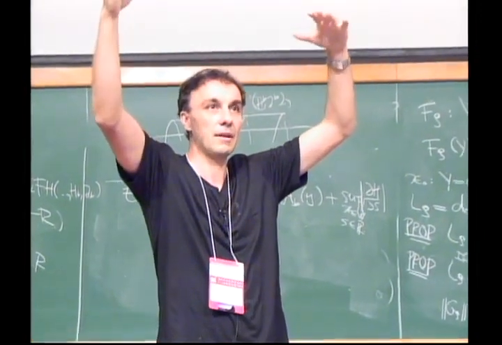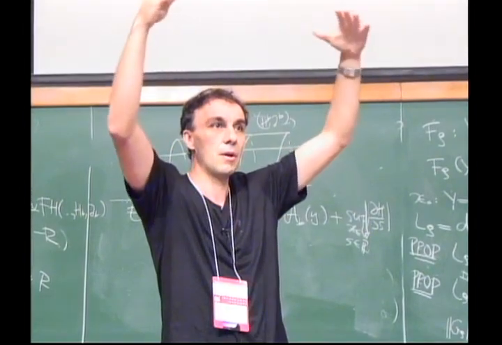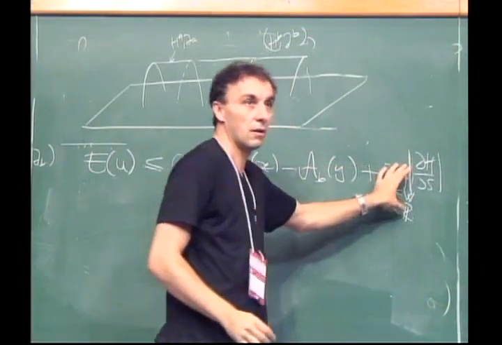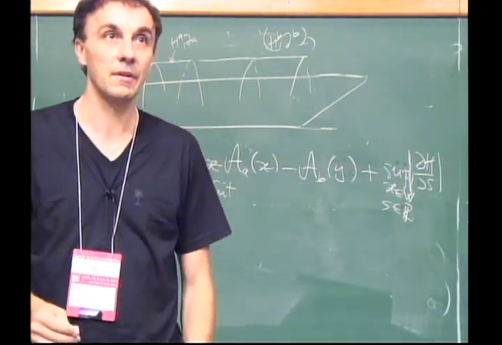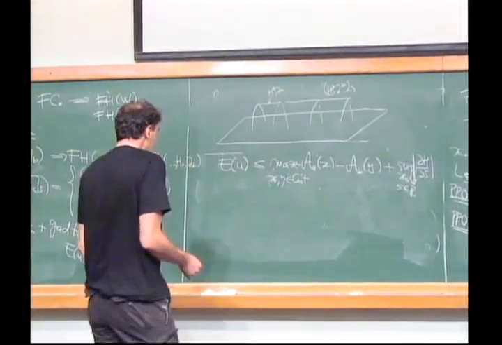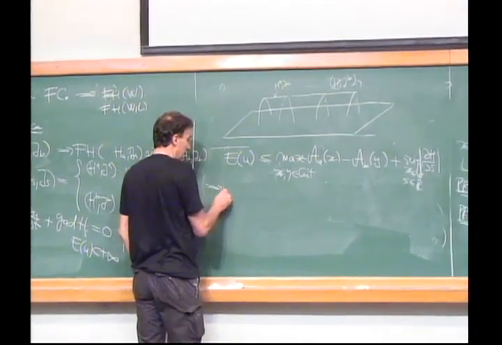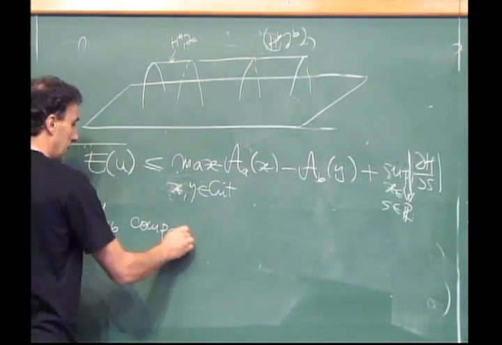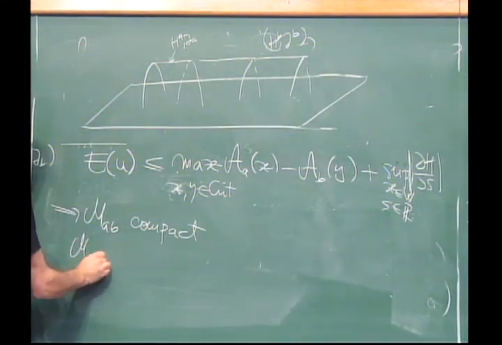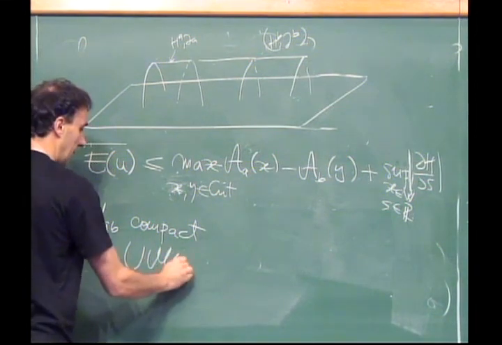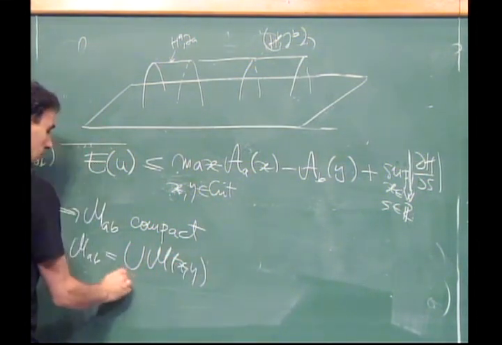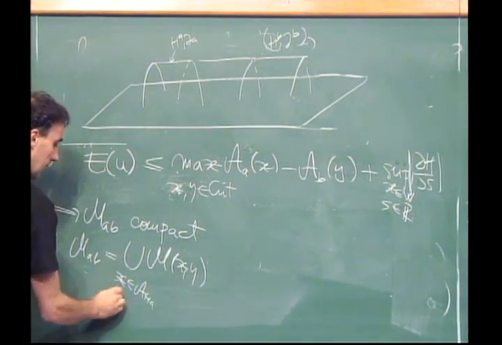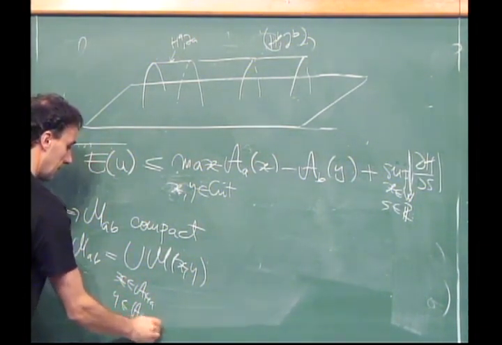And the same for H_B. And then you join them with the path with compact support in order to have this uniform bound on the energy ensured, right? And so with this one, we get that M_AB is compact, and M_AB is the union of M_XY. So it joins critical points for H_A with a critical point of H_B, and